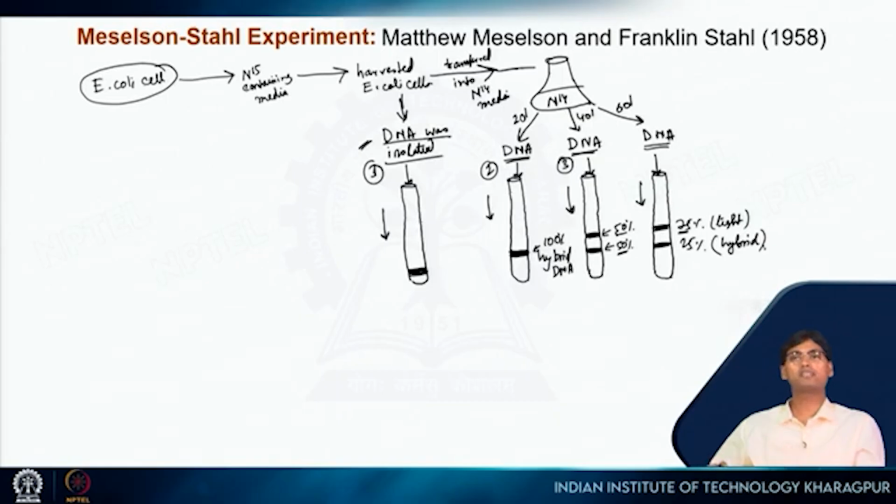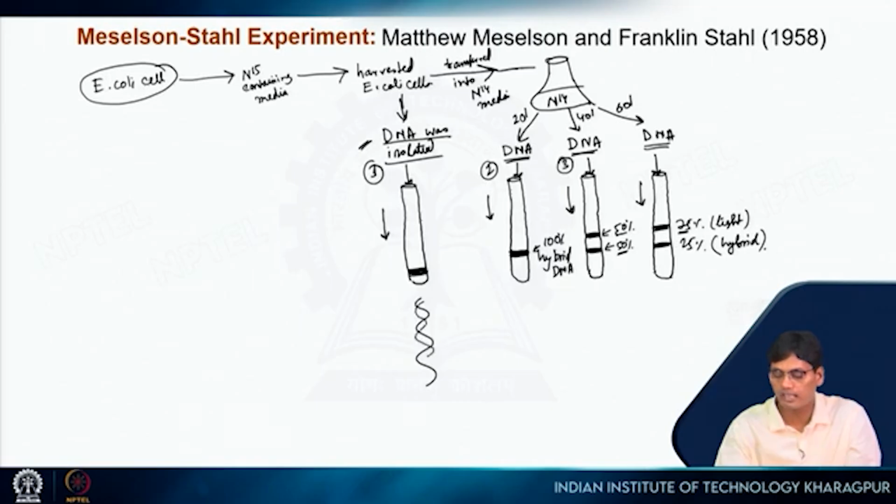So after getting this result, it completely ruled out, or I would say it completely convinced them, that DNA replication is semi-conservative. Because now if I draw here, this DNA, both the strands are labeled with heavy atom, heavy nitrogen. That's why they are heavy. But now, if DNA replication is semi-conservative, then what will happen? In the next round of replication,